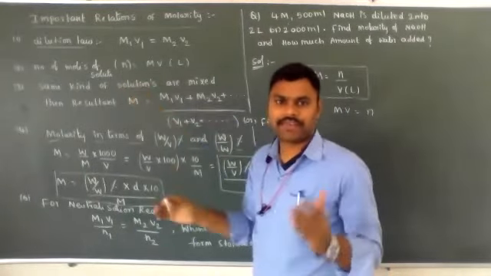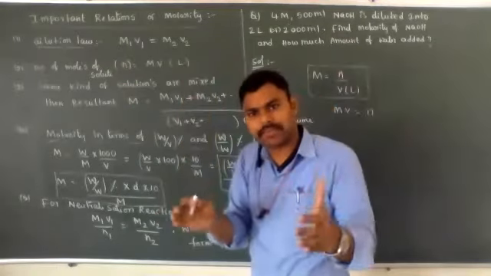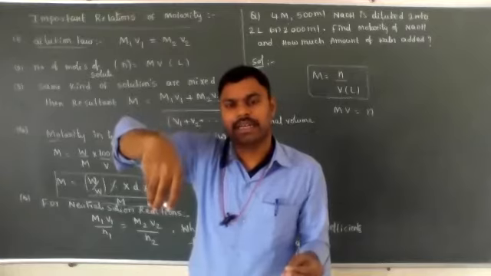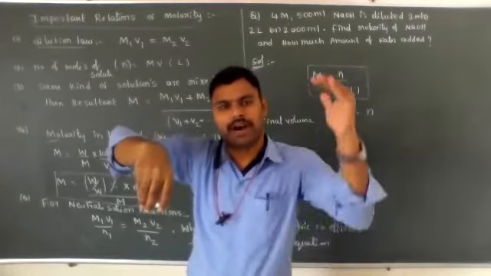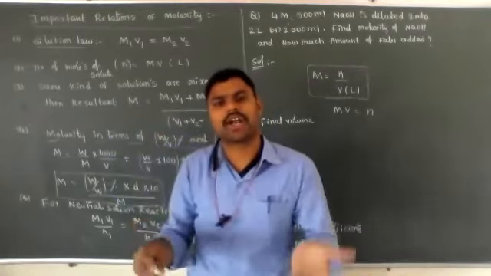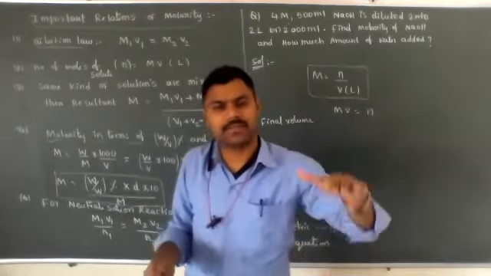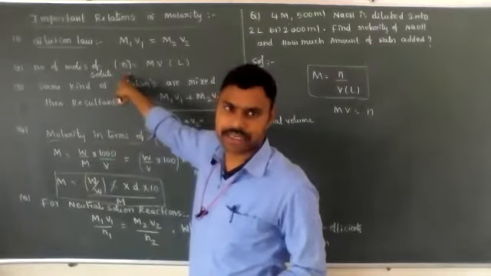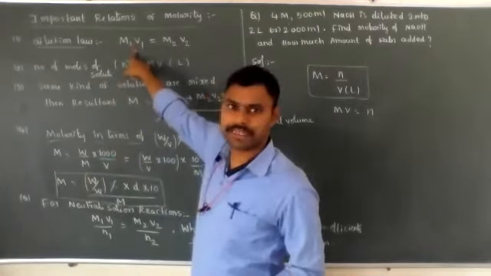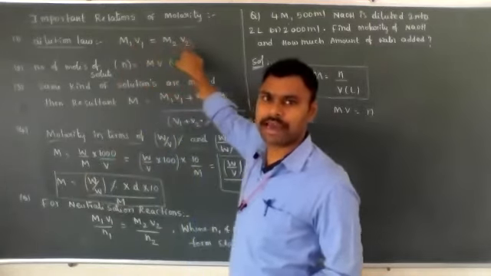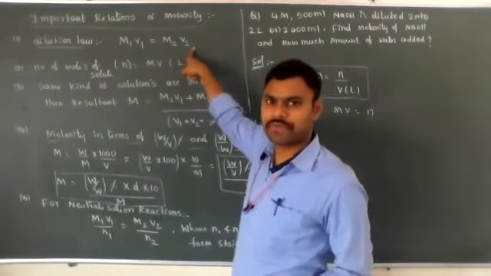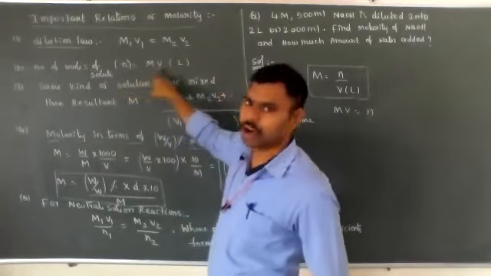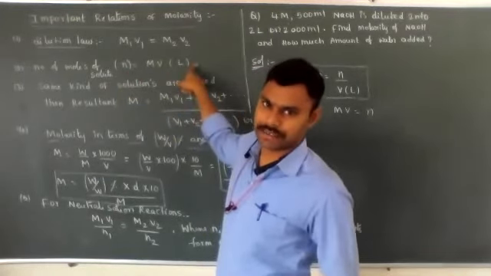Then if you apply dilution, meaning for the same solution you just add water, then what happens? The concentration or molarity will decrease because the volume increases. But the quantity of solute is constant. That's why in case of the dilution principle, M1V1 is equal to M2V2. Number of moles of solute is equal to molarity into volume in liters.